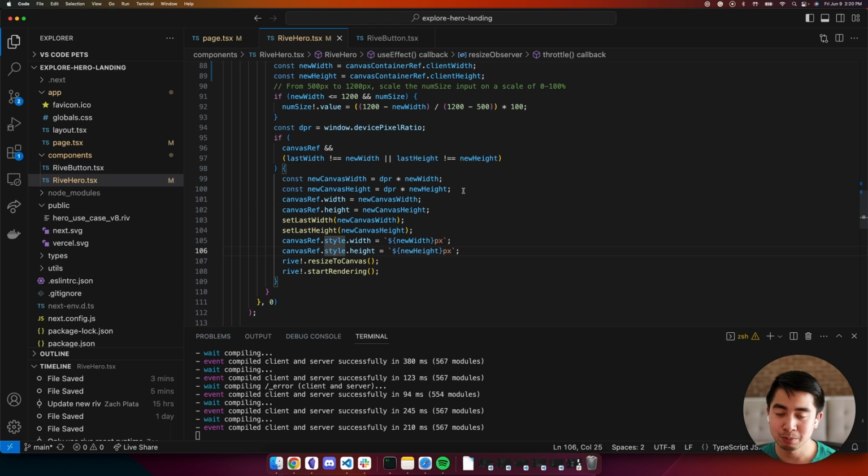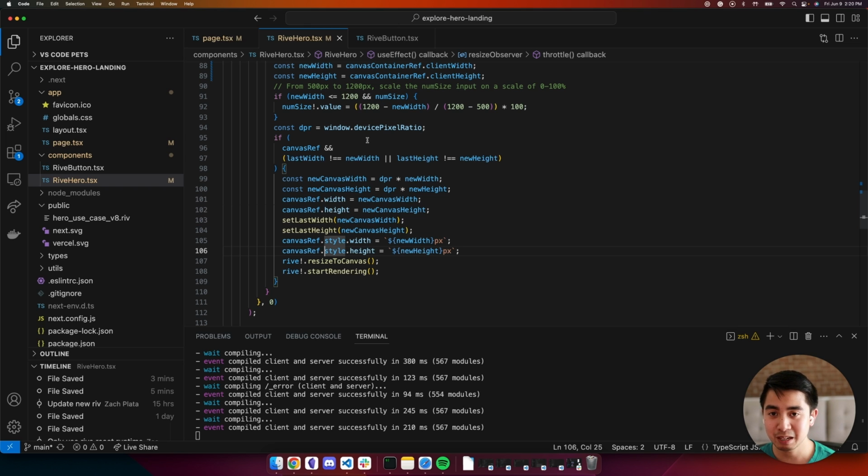The width and height attributes on a canvas element, different from the style width and height attributes, help dictate the actual surface area of the canvas and the amount of pixels inside that canvas element. And this is important that we take the device pixel ratio into account. You can get this from the window API and grab that property. So this is going to be a number.